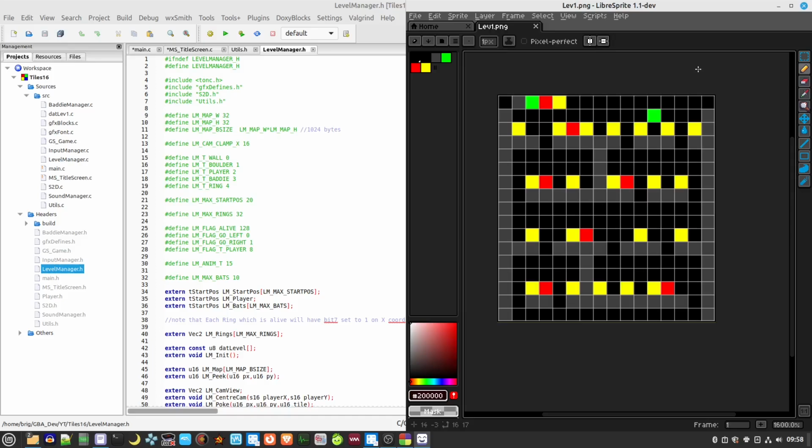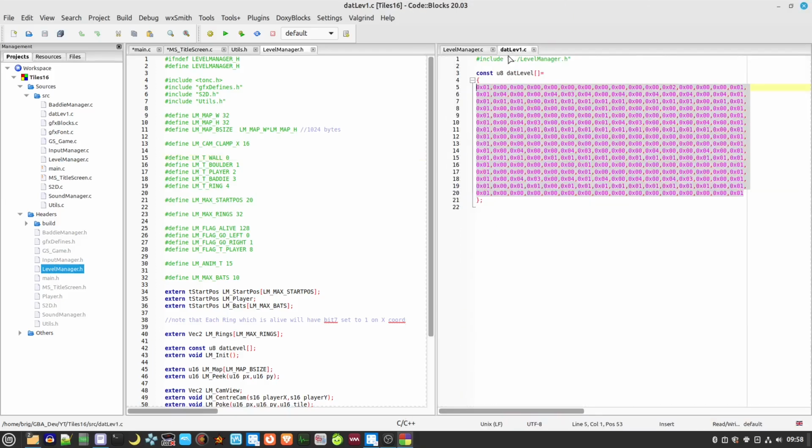I then use the DS tile tool to convert it into a 256 colour bitmap, which then outputs 1 byte per tile, if you like. So as you can see, these mirror that image,